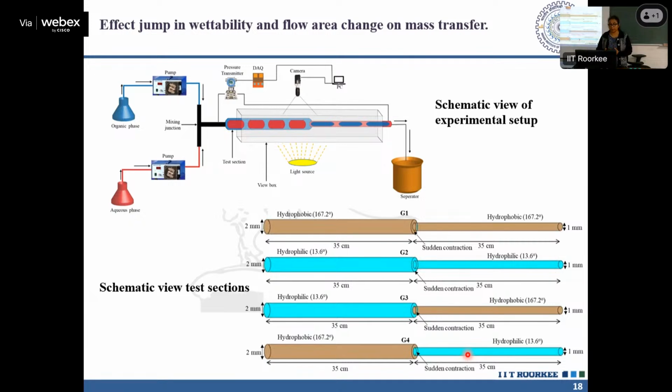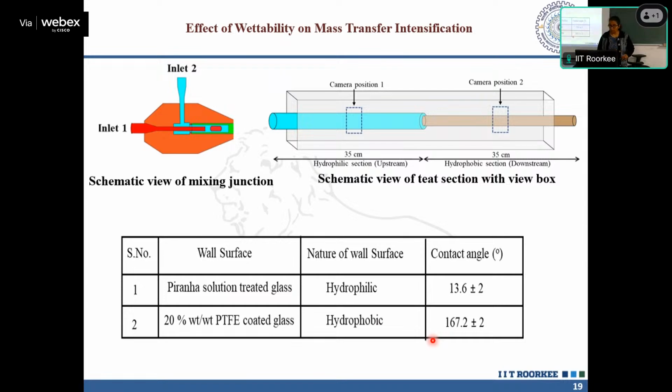And for comparison, we keep these 2 things. We haven't changed the contact angle abruptly. One is smoothly homogeneous hydrophobic, one is homogeneous hydrophilic, and there is a change in both ways. So we want to study what kind of combination gives me the highest mass transfer possible. So in this study, what we have done,